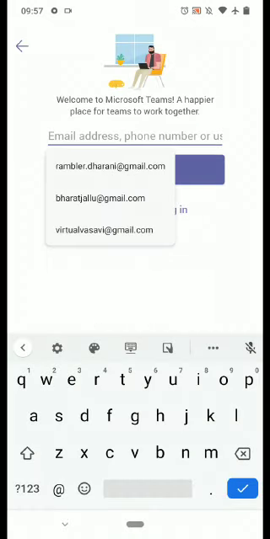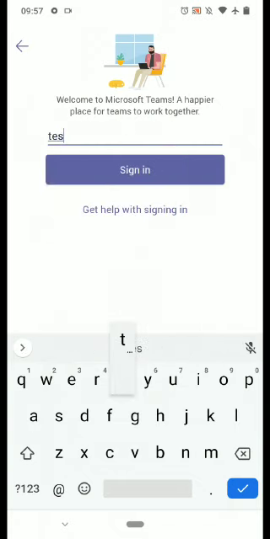I'll try to sign in with a test user ID which students are not supposed to use. This ID is only meant for the instructional video. It is not meant for any student who can access Microsoft Teams.